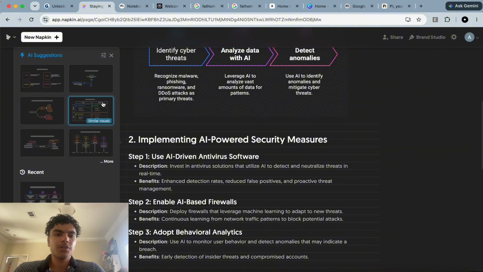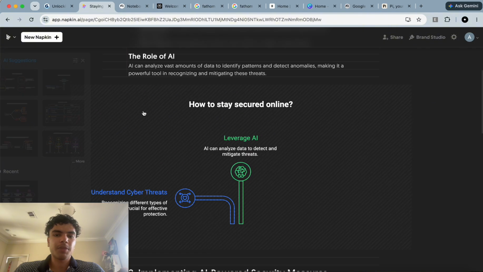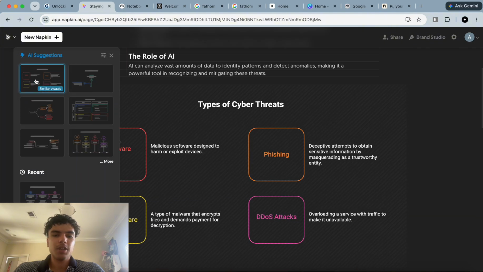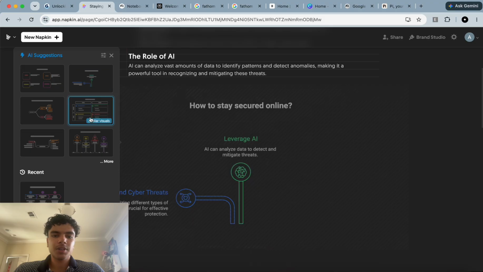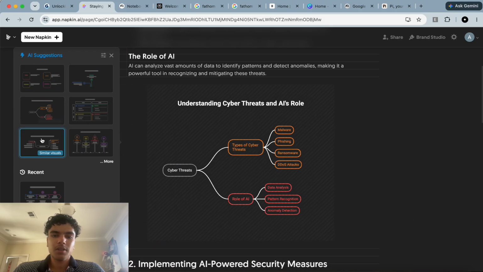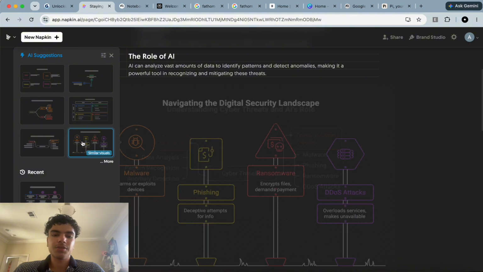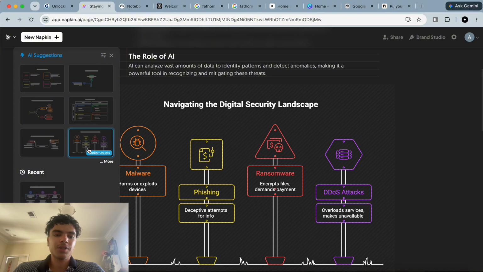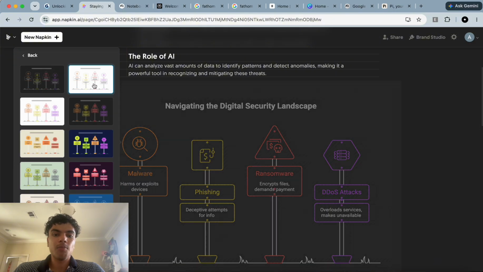If you don't like it, you can also look at similar visuals that it made, right? So it made this one, this one, some other ones right here. This is also nice, I like that. This one's okay, that's pretty good. And there's some more, and then finally this one. This one's also nice. So if we like this one, we can just click on it, and we can look at more,